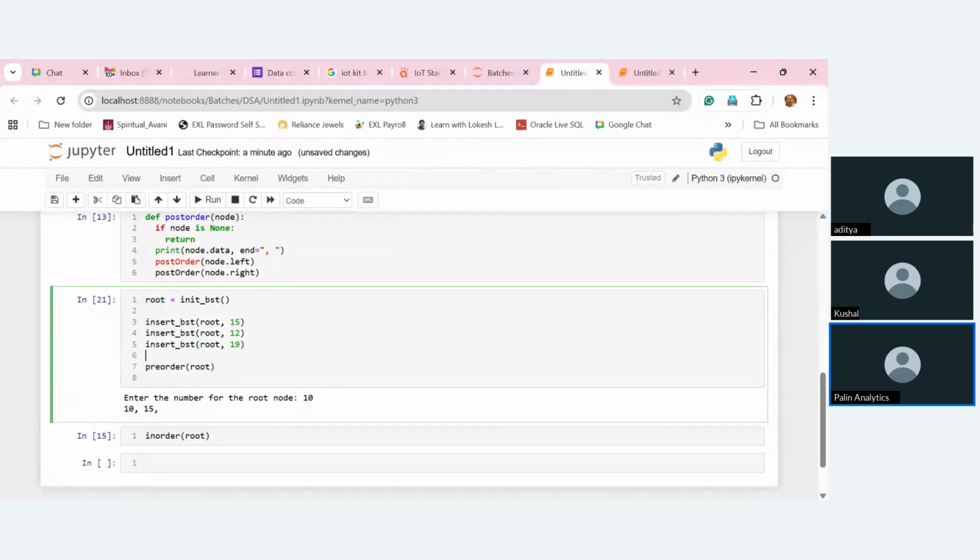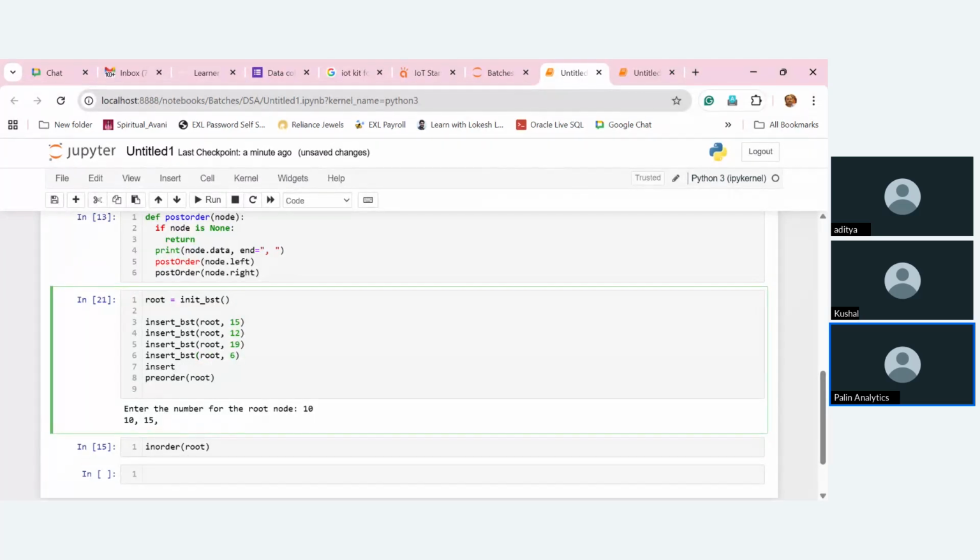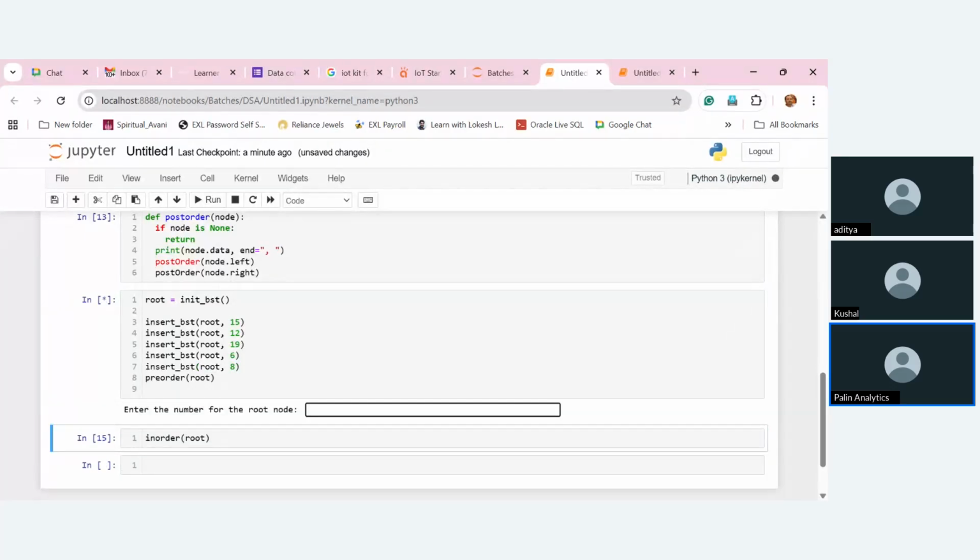Okay, and then insert BST root and I'm giving 6 over here. Insert BST root and I'm giving 8 over here. So now when I execute this, you can see I have given a root node as 10 and